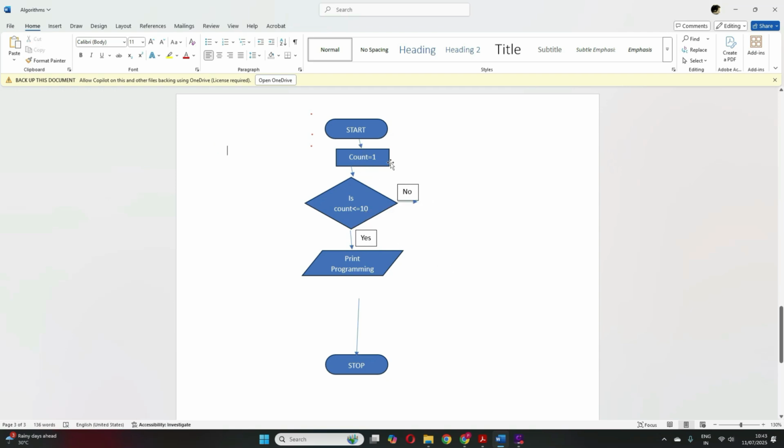So first count is 1, it will check is count less than or equal to 10, and because count is 1, it will come here and print programming the first time. Now I will increase this count by 1 because I have already printed once, right? So I'll make it count is equal to count plus 1.